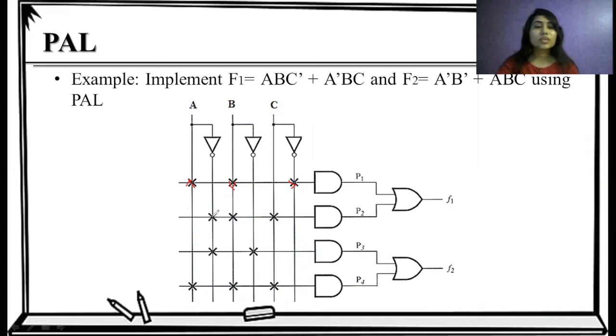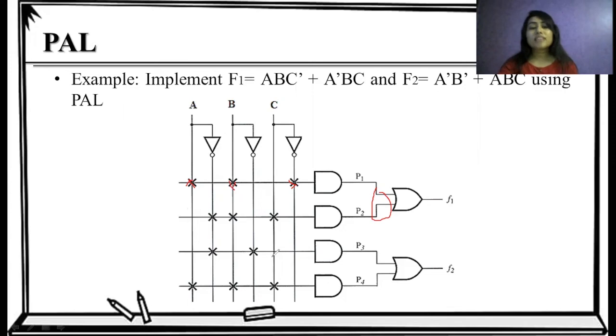Now the next term is A dash, B, C. We give it to this AND gate, so we have the term P2 as A dash, B, C, and then an OR, and this is the fixed connection. That's why we have a fixed OR gate. So here we have F1 equals A, B, C dash plus A dash, B, C.